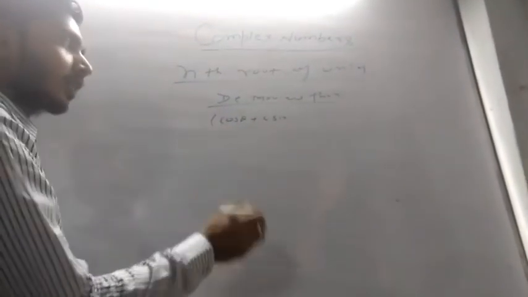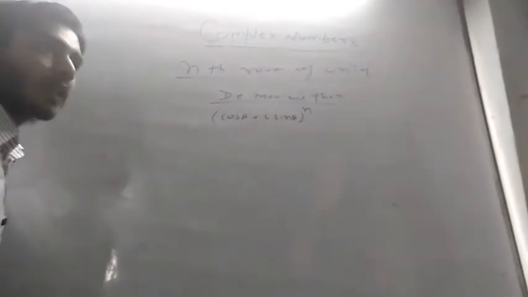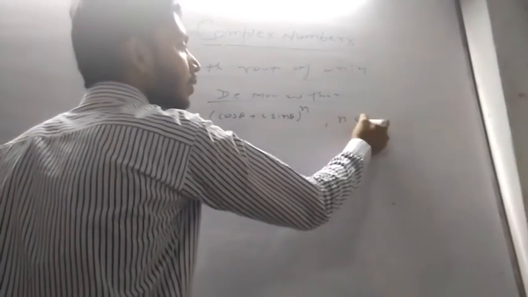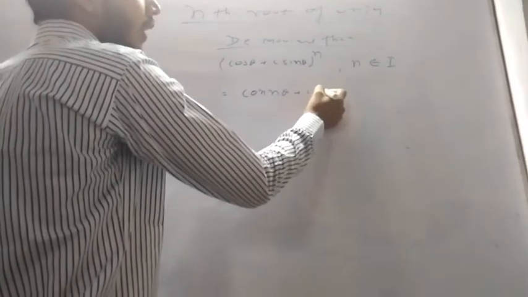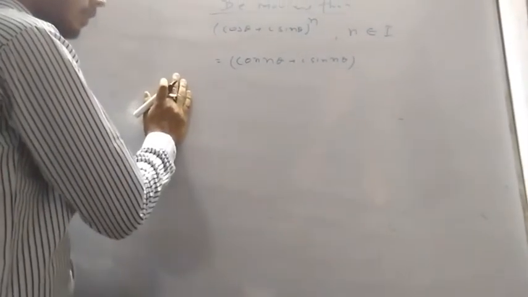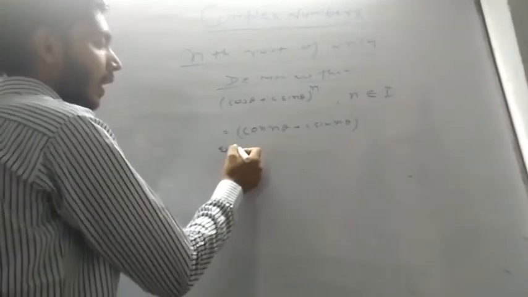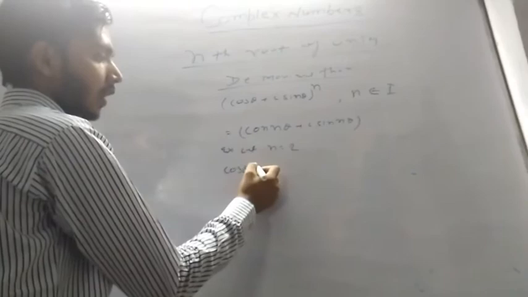Theorem. Remember, the statement is (cos theta + i sin theta)^n, where n is an integer, that is, n belongs to I, equals cos n theta + i sin n theta. Now you can see that, for example, if we let n equal 2, then (cos theta + i